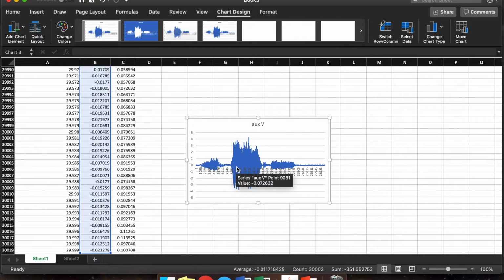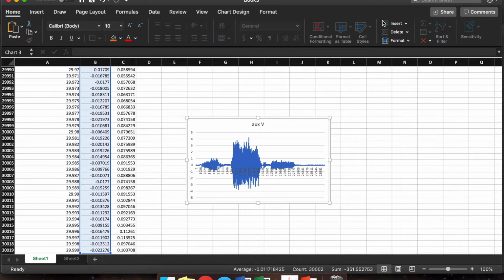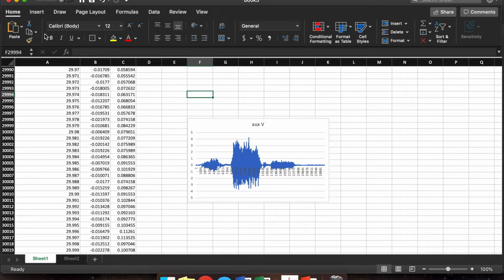To do that, we're first going to select our 2 to the n data points. In this case, we want to use 4,096 because we want to use as many data points as possible, because that will give us the best look at what we are dealing with here. So we're going to go back to home,